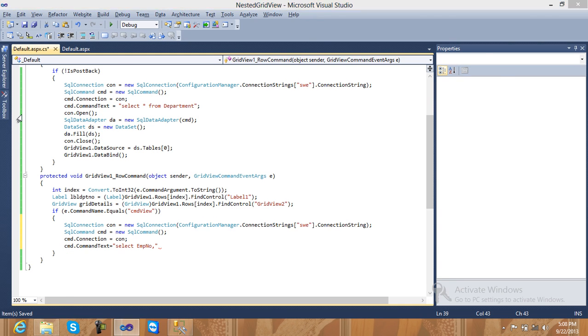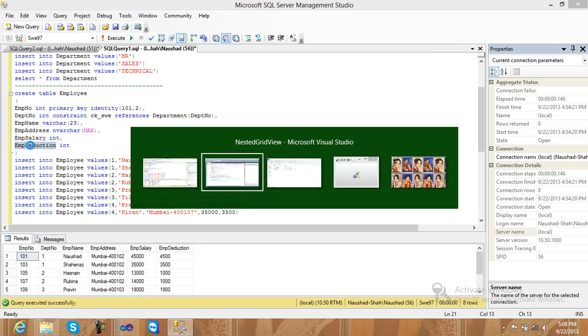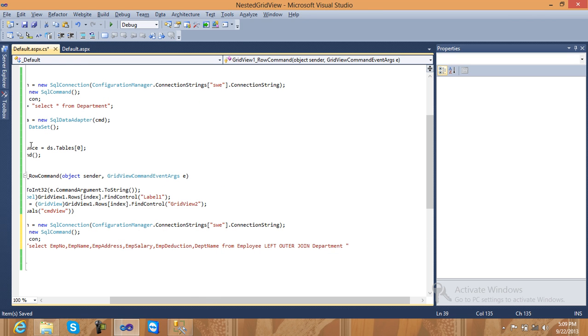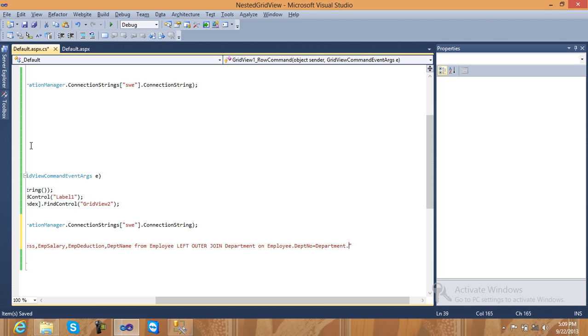comma, I have not required department number, the emp name, comma, emp address, comma, emp salary, comma, emp deduction, comma, department name inside the department table from employee left outer join with department on employee.departmentnumber is equal to department.departmentnumber, where